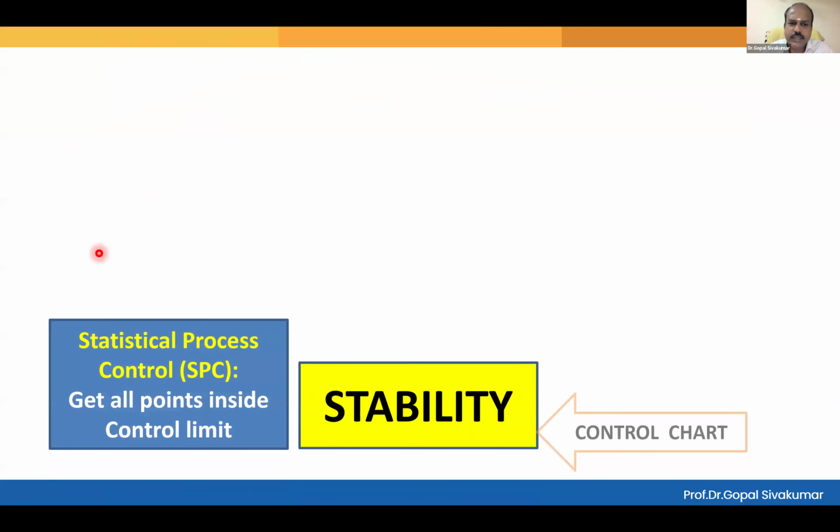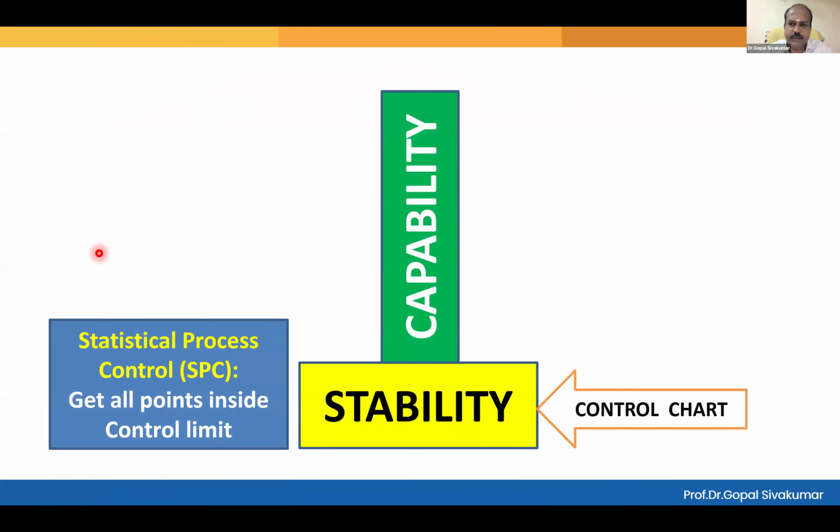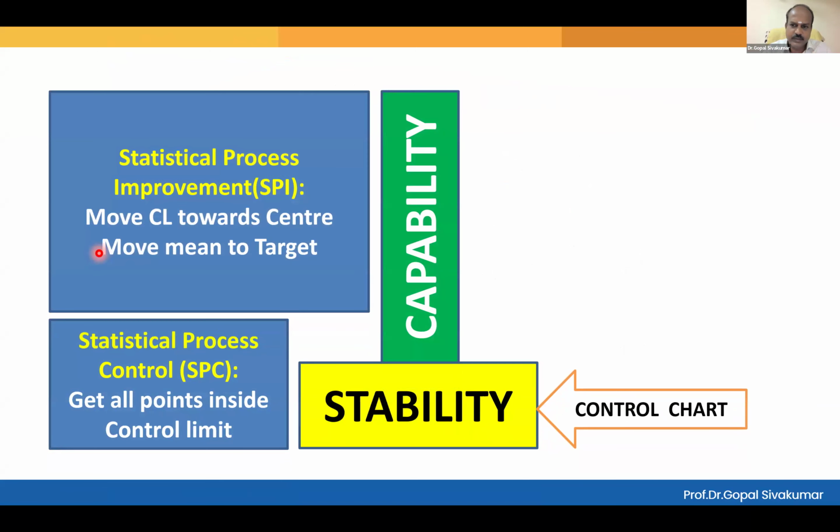So this is called stability. Only after establishing stability must you improve on the capability, right? Stability first, then improving the capability comes next. Ensuring stability is process control. Enhancing the capability is process improvement. All of these you can understand by